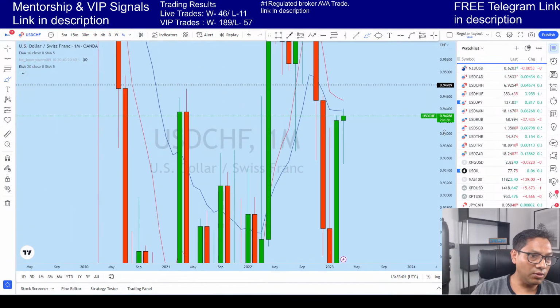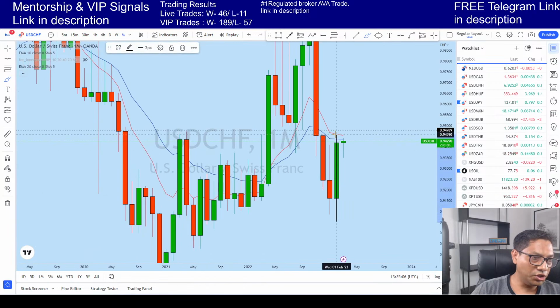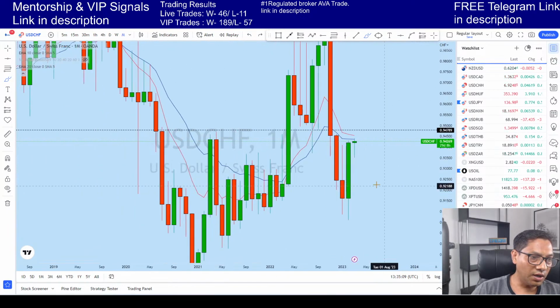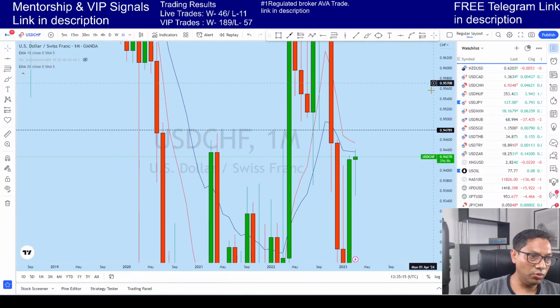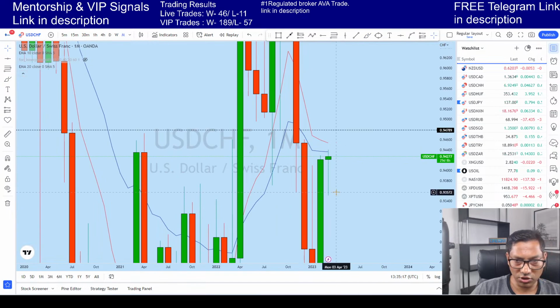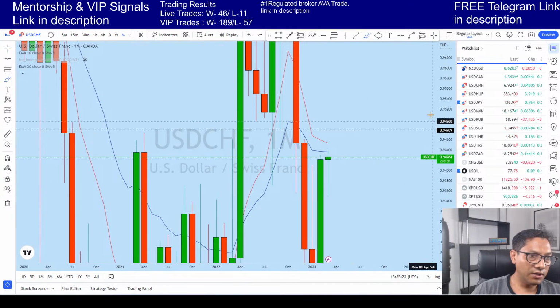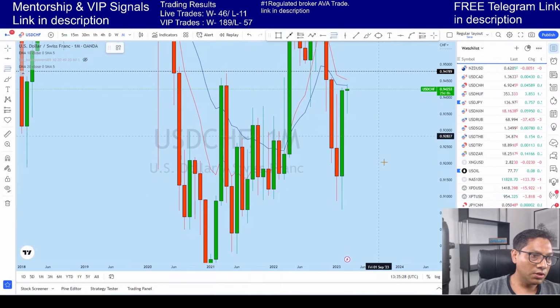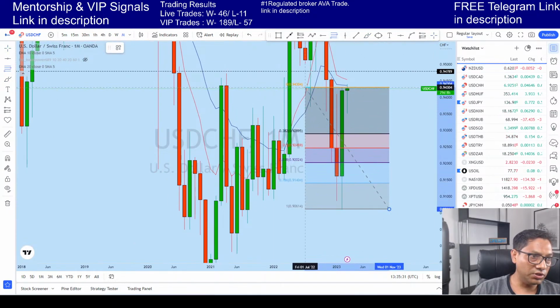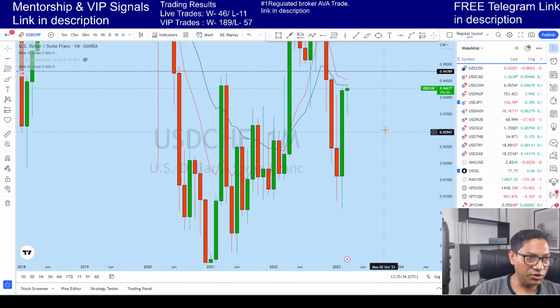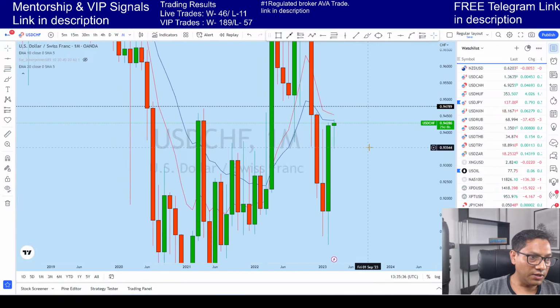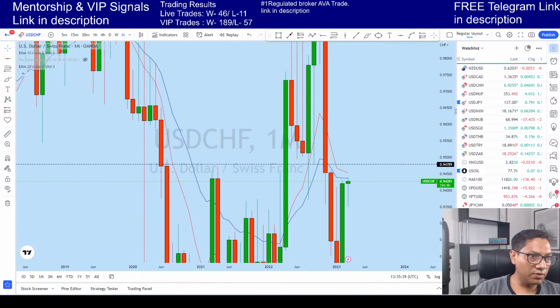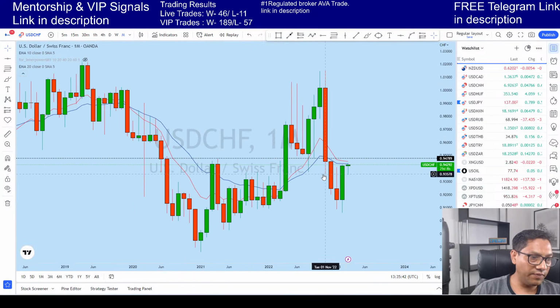As you can see on the monthly, the market already created a bullish candle, which is in fact a bullish engulfer. Now with that bullish candle on the monthly, we saw that this market basically came to this zone where there is a monthly retracement. Now if we take the Fibonacci for this current month, the one that has closed, let's see how much it has come to the retracement level. It didn't come much, but at the same time we saw that below this level there is a big long candle.